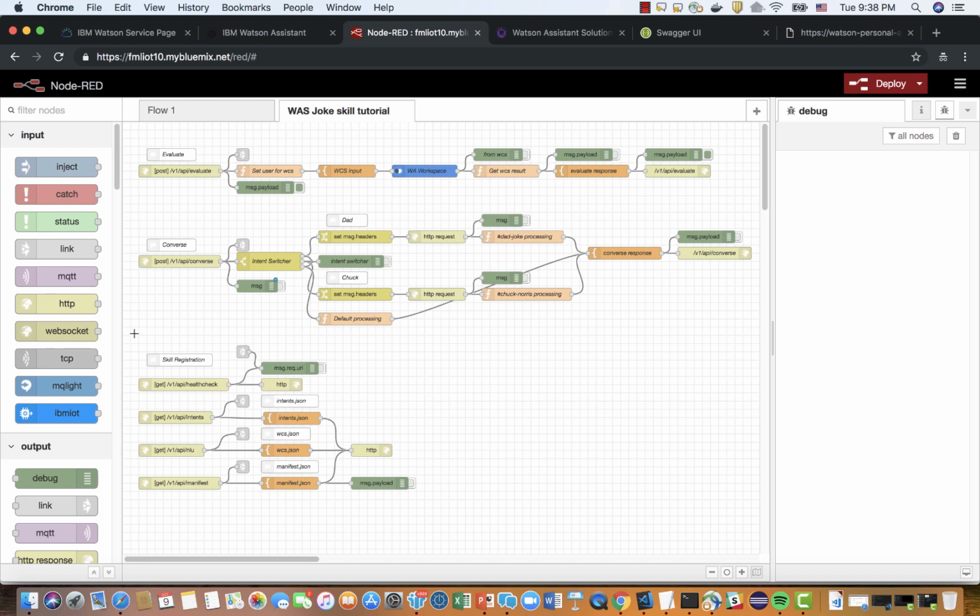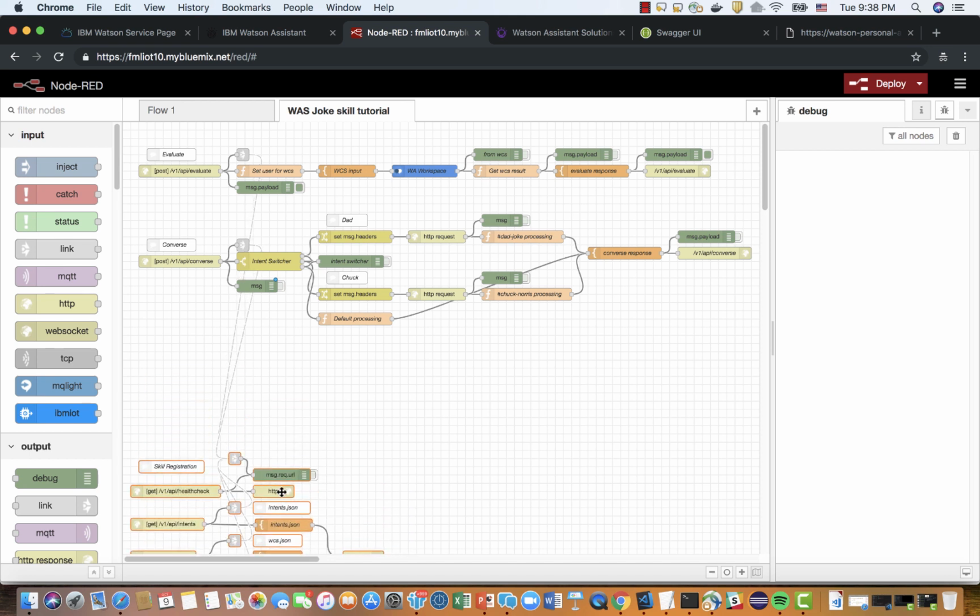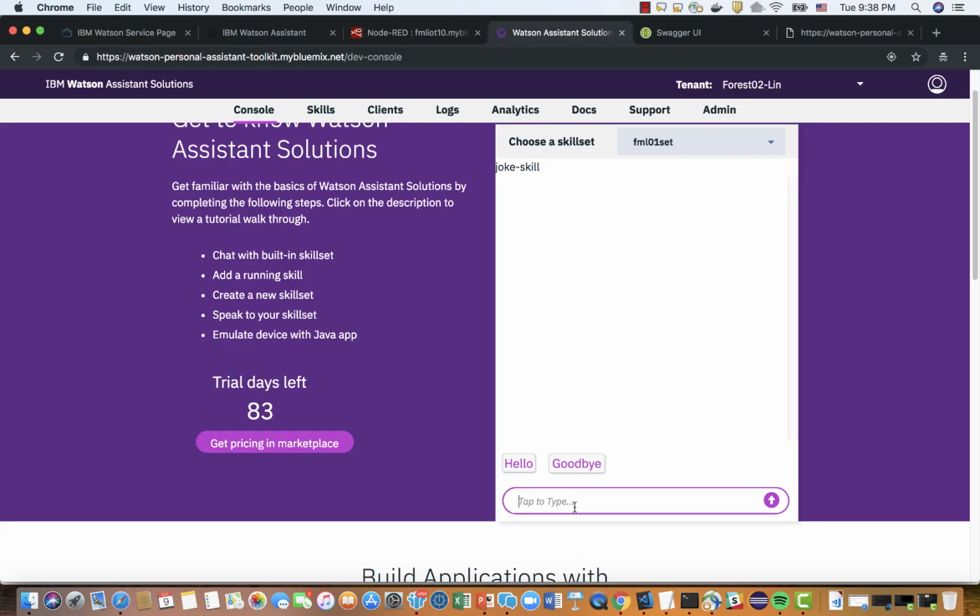The skill registration is not going to have any changes, so we move it to the bottom. Every skill is the same. For evaluate, what it does is, number one, we get the intent, and number two, we get the confidence level. For example, if we want to say, hey, tell me a joke,